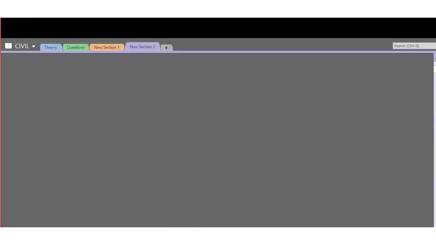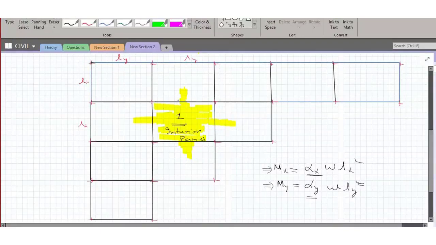So if you come over here, this is the continuous edge. Don't you think you are going to get negative moment here? You're going to get negative moment here also, because at a continuous support you get a negative moment. It means the reinforcement has to be provided on the top fiber.